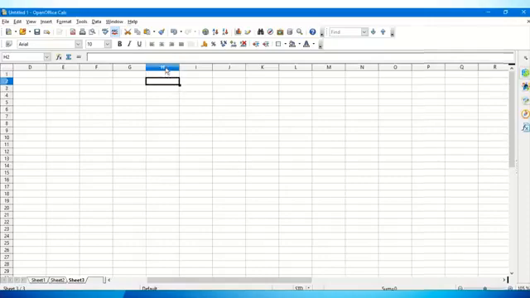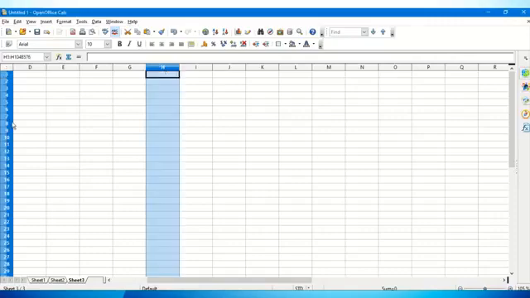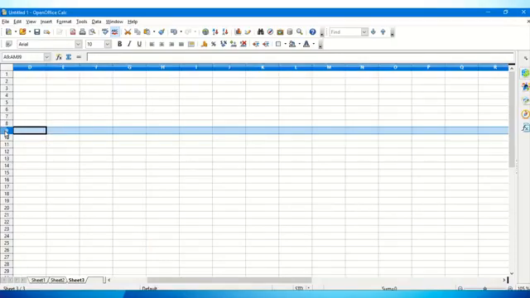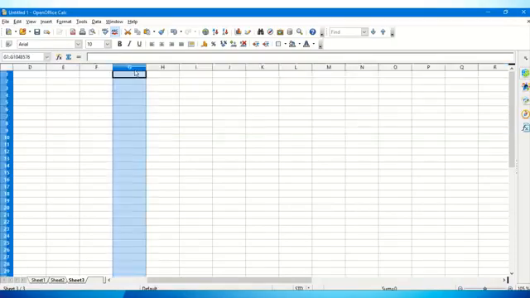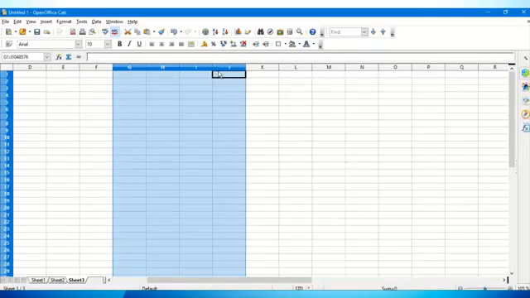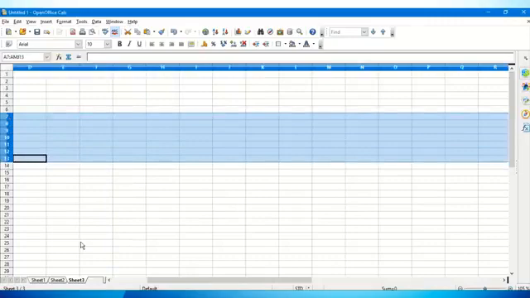Now when I click on a particular column, the entire column gets selected, and when I click on a particular row, the entire row gets selected. So the row headings and the column headings are used to select the column. You can select a range of consecutive columns by simply selecting and dragging on it, or you can select consecutive rows also by simply clicking on the row heading and dragging on it.